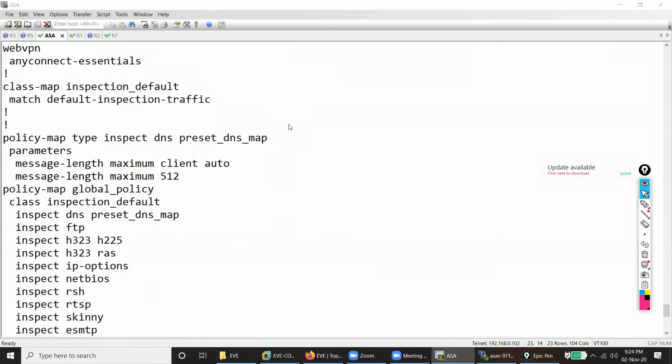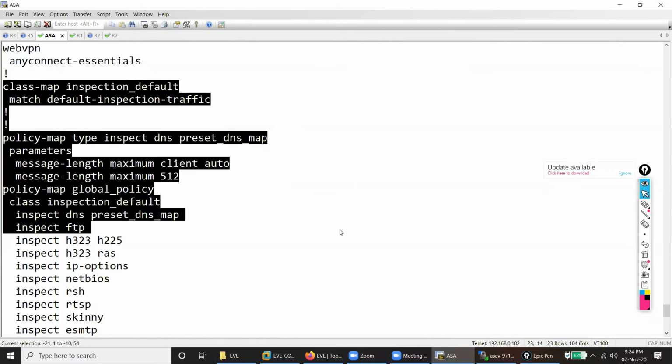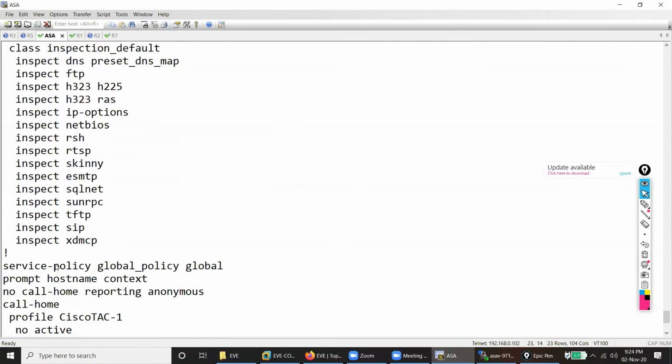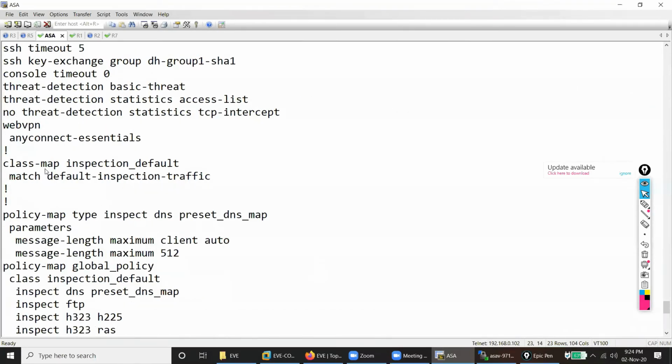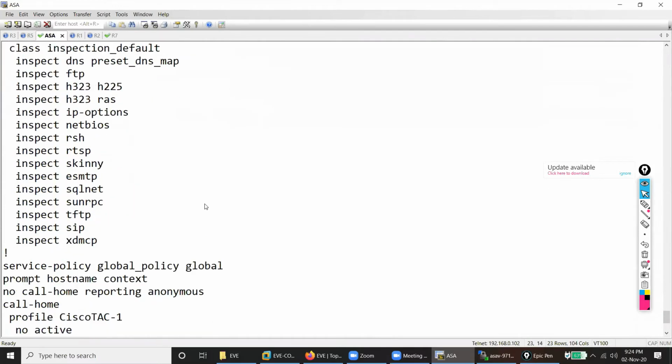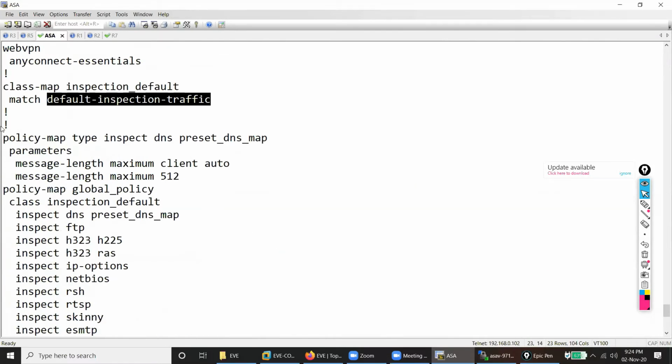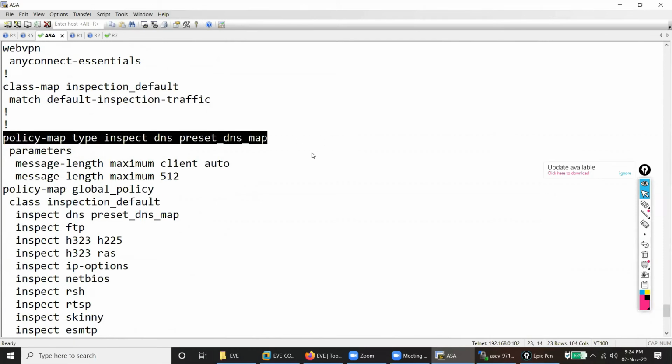That is done through some policy language, and that policy language has class map, policy map, and then you see service policy. Now what is class map? You point out the traffic. That means you try to classify the traffic, you find out the traffic. So here you can see a class map being created for all the default inspection. The name of the class map is inspection default, and then you match the default inspection traffic. Okay. And then they created a policy map with some name,